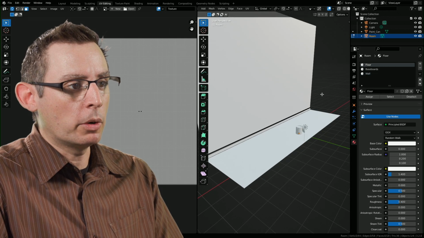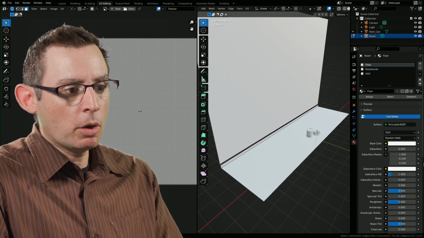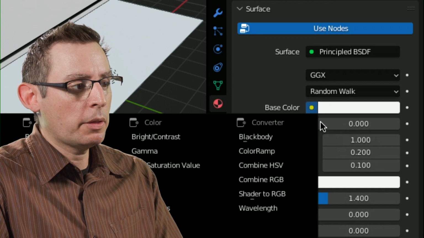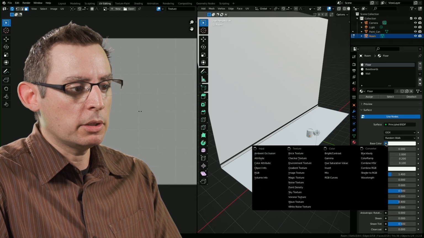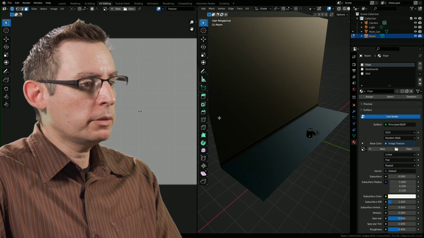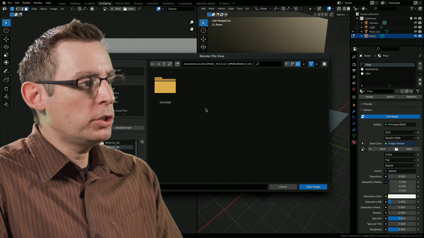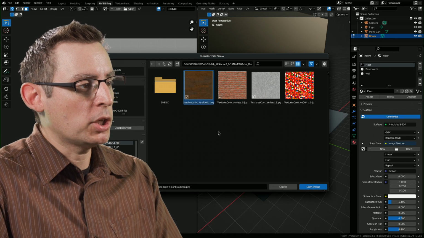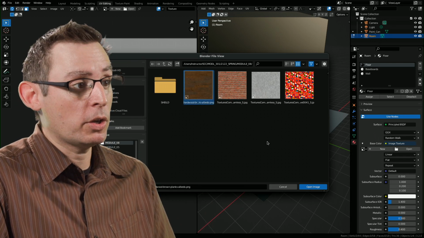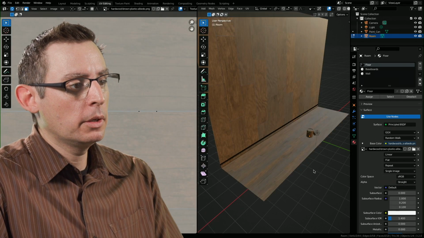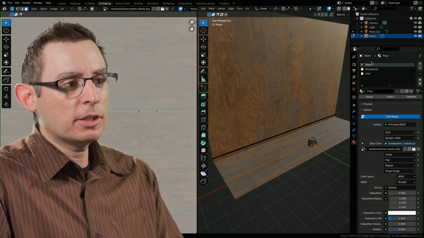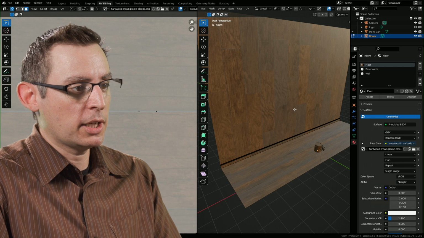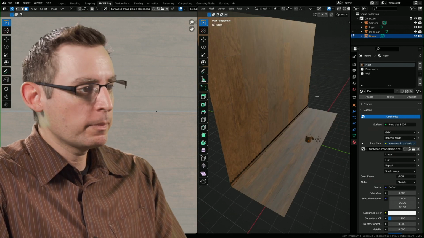Let's start with the floor. I'm going to go into the base color attributes of my material. Click on the yellow dot, just like we did before, and we'll do image texture. Let's open an image and let's navigate to where I've stored all of these images on my machine. I'm going to use the exact same texture that we used for the art markers. That's a pretty cool one. And there it is. Now, since the first material slot is applied to all of the polygons in our scene, let's just fix that real fast.